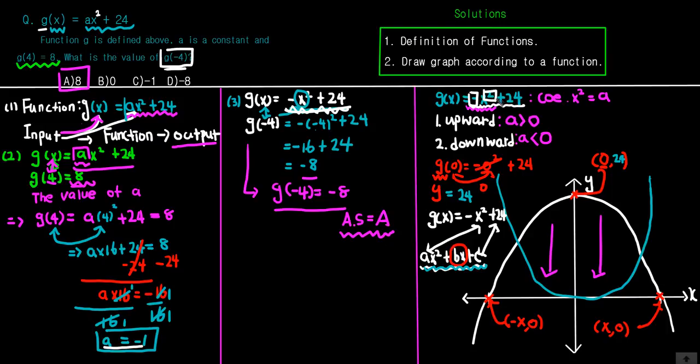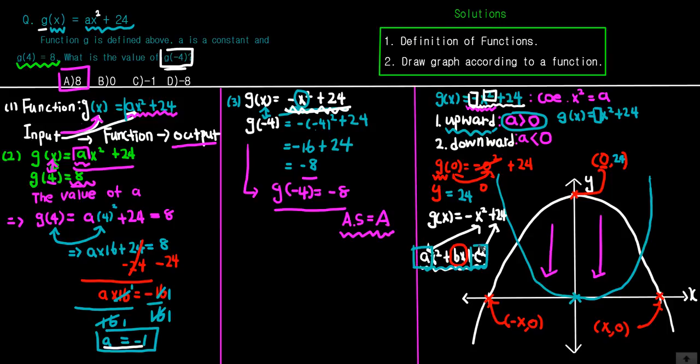And I'm going to talk about one more thing about the upwards and the downwards. When a is greater than 0, so let's say g of x is equal to x squared plus 24, this is positive, which means the graph goes upwards, since the a term is greater than 0. The constant term will be a minimum point right over here. And all we have to care about is the sign, negative or positive, of the x squared term